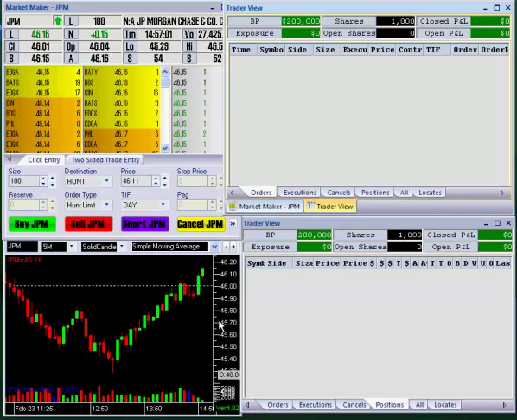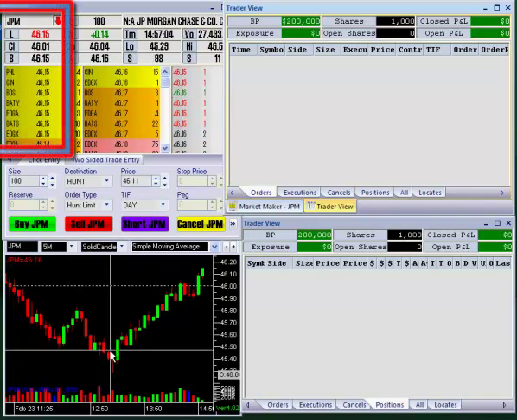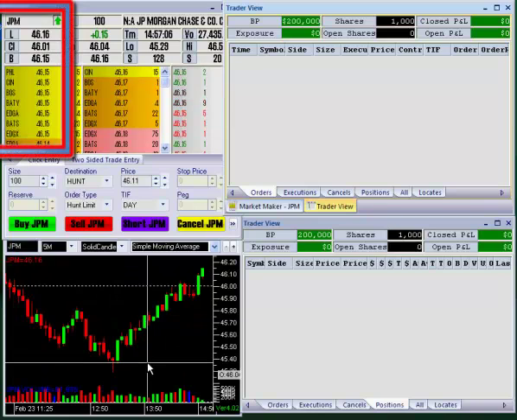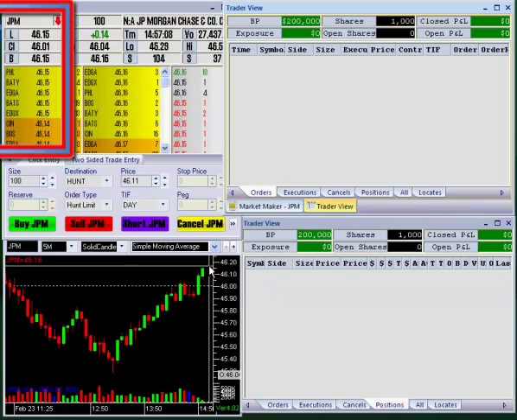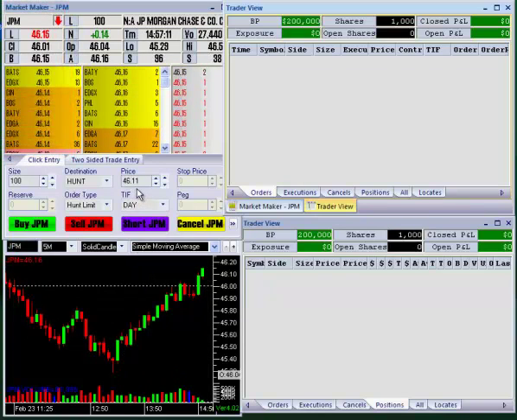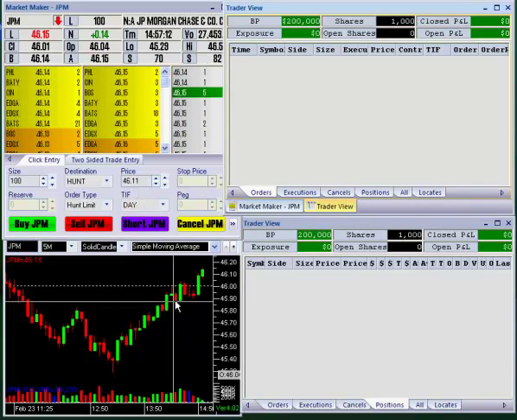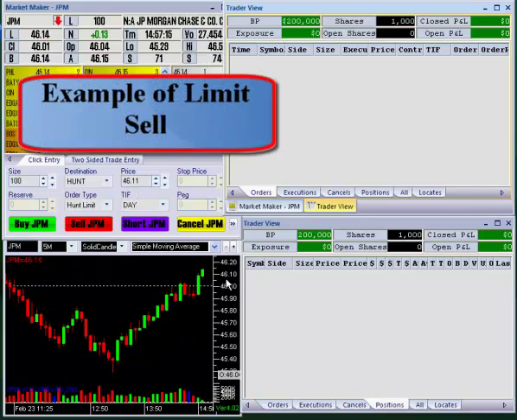So now that we've seen the market maker and the trader view and understand the information, we are going to show you how to set an order. We are looking at JP Morgan, and we have the chart up down here. It's made a pretty good up move so far, and so we're going to go ahead and set a limit order to sell this in case we think that it's going to go ahead and go down from a certain price. It's currently trading at